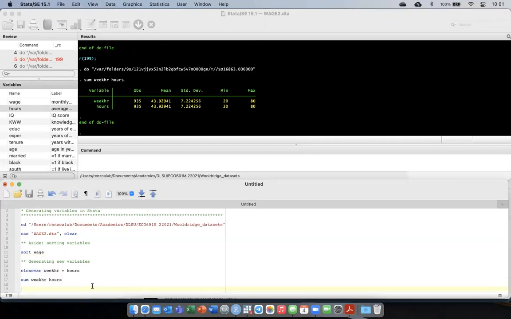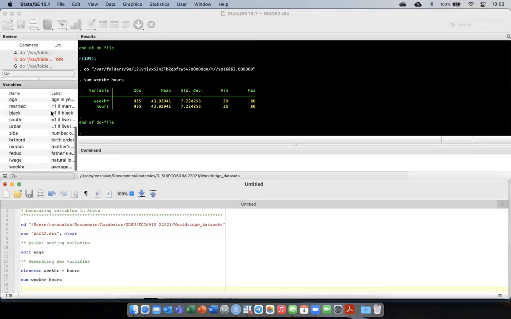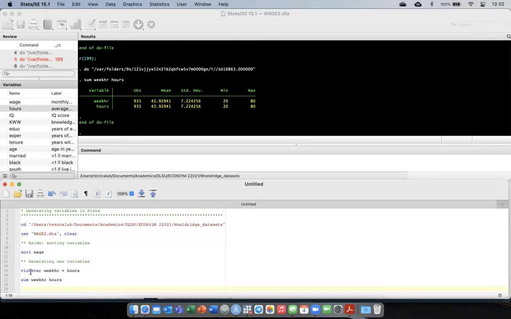Now there's a more general way to create an additional variable in your data set, and it allows you to do some conditional commands, include some logical commands, or set certain conditions. So for instance, I wanted to get another variable for log wage. There's a log wage variable here, but suppose I wanted to get a variable that computes the log of